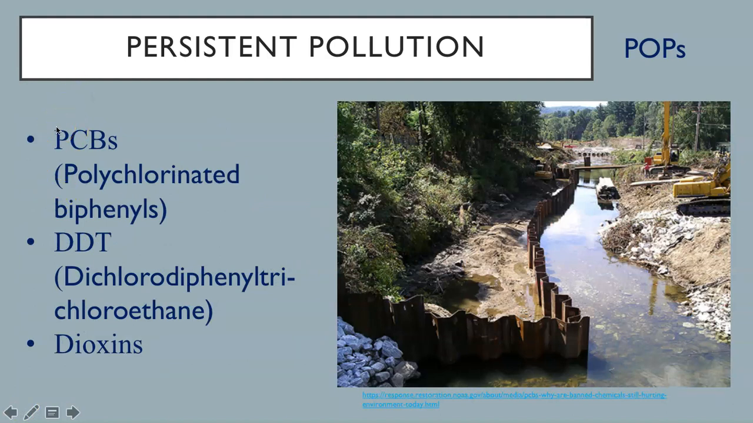POPs include intentionally produced chemicals currently or once used in agriculture, disease control, manufacturing, or industrial processes. Examples include PCBs, which have been useful in a variety of industrial applications like electronic transformers and large capacitors, as hydraulic and heat exchange fluids, and as additives to paint and lubricants. And DDT, which you've well heard of, which is still used to control mosquitoes that carry malaria in some parts